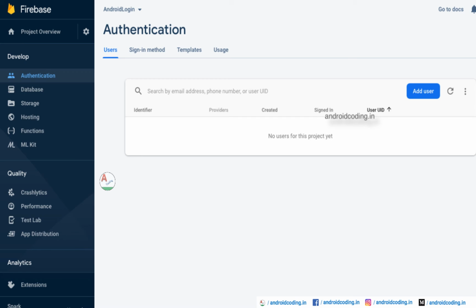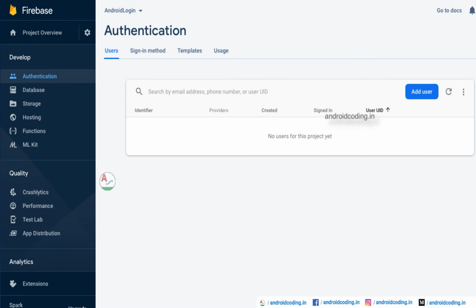So just log into your Firebase account, create a project over there, and after entering the package name, the project name, here we have given Android login, so you might give your own project name. And then this screen will be displayed, and also a SHA-1 algorithm is required to be provided. So you can see in the description, I have provided how to make the SHA-1 also.